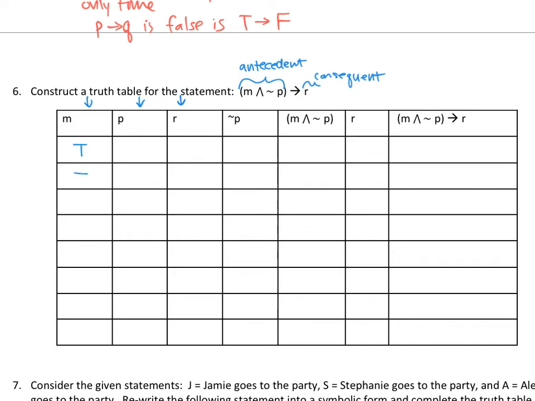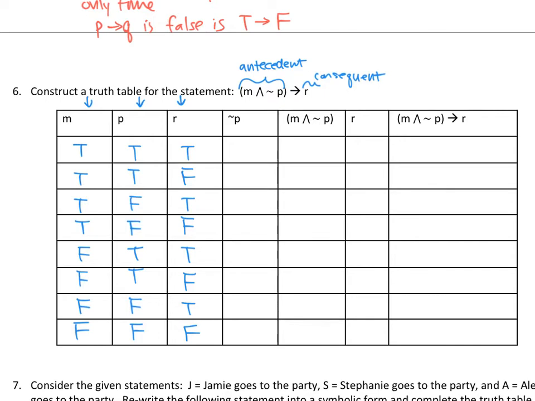I go T, T, T, T, F, F, F, F, and then T, T, F, F, T, T, F, F, and then T, F, T, F, T, F, T, F. I know it seems all random, but there's a pattern.